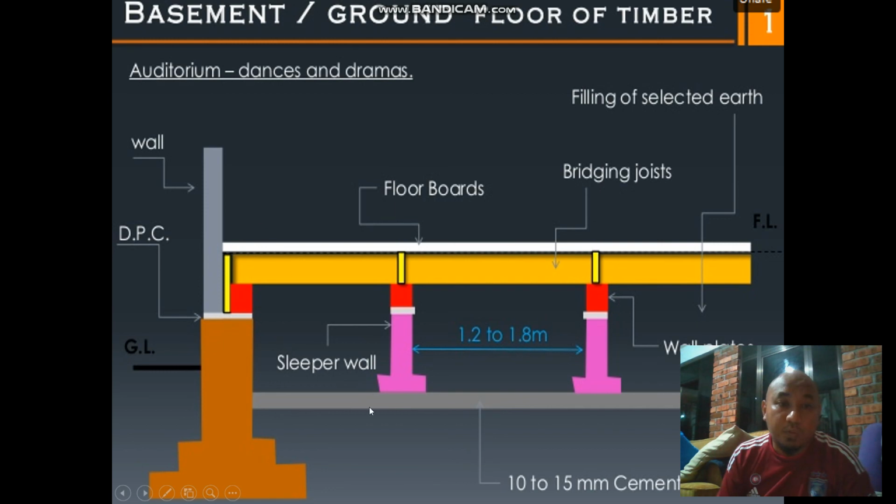At the bottom they have the sleeper wall plates, and then they have DPC, the damp-proof membrane course, a layer of damp-proof cloth. So they have the wall, and then they have the floorboards, and they have the bridging joists. Okay, and then at the core they have